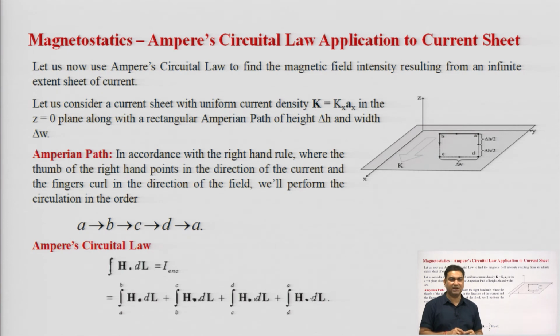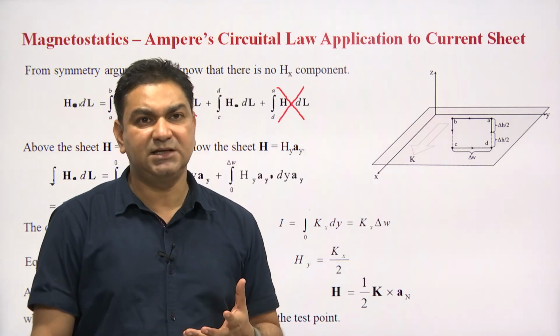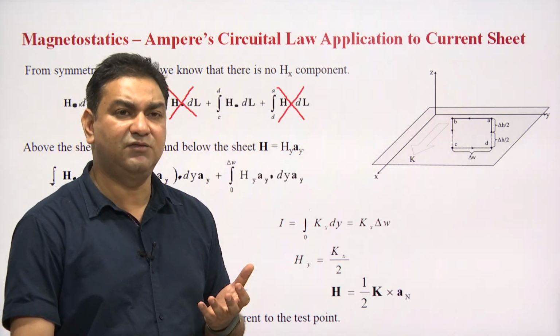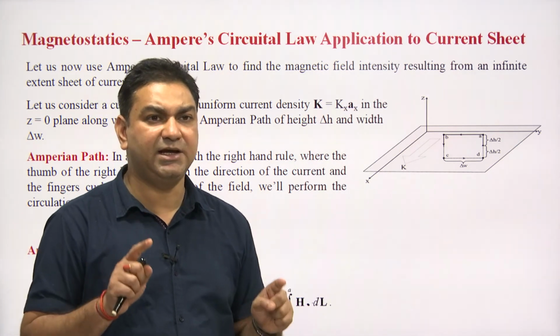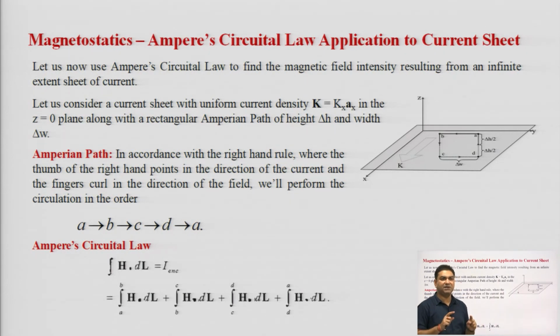You can see in this slide that the path which is followed by the current in a sheet is considered here and the Ampere circuital law is implemented here. Now, how can the Ampere circuital law application to the current sheet be calculated? In the last slide, we have seen that the path taken by the current is described in terms of the Amperian path, and when Ampere circuital law is applied on that path of current, we can calculate the overall current in terms of